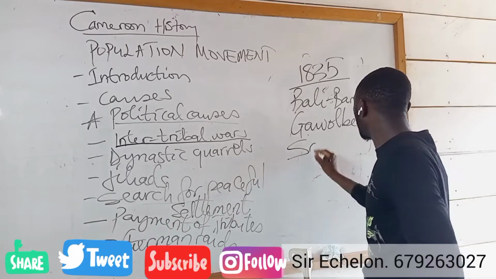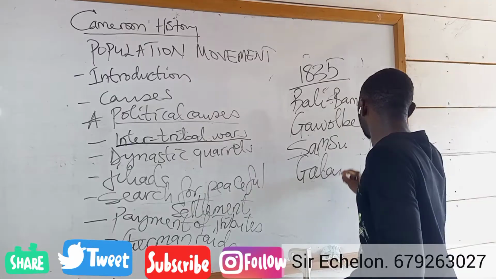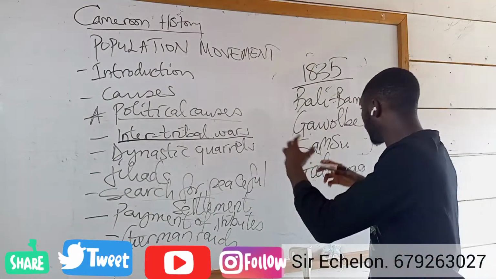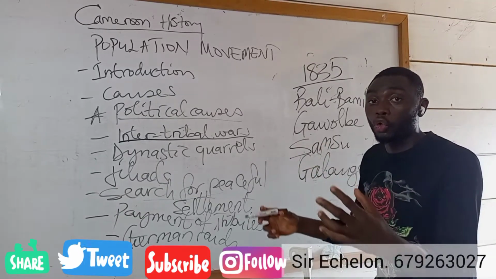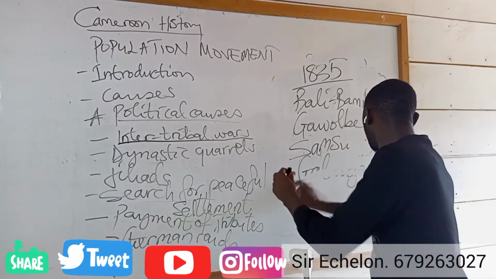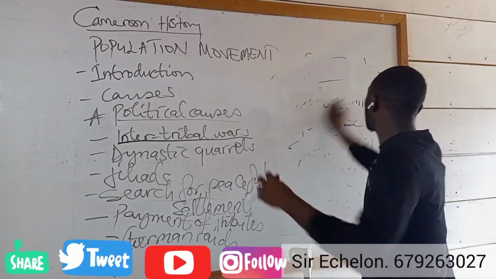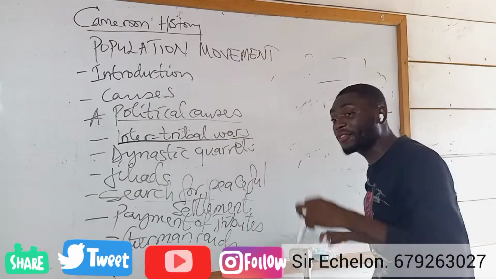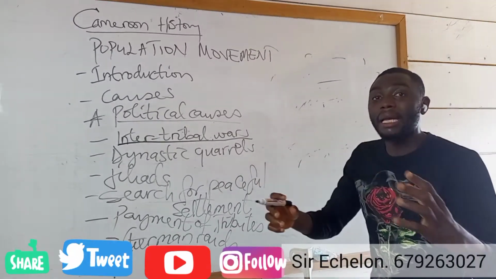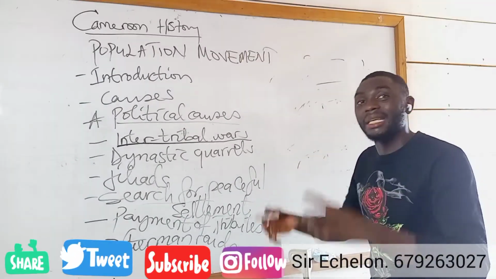It all started with two sons, Samsu and Galanga. These were the two sons who started fighting. Because of their fight to succeed the throne, other princes and princesses joined, and we later discover that because many of them could not succeed the throne, they started moving up to the grass field to go and form their own kingdoms. And today we have 7 different Balis that broke out as a result of the Bali Chamba splitting in 1835